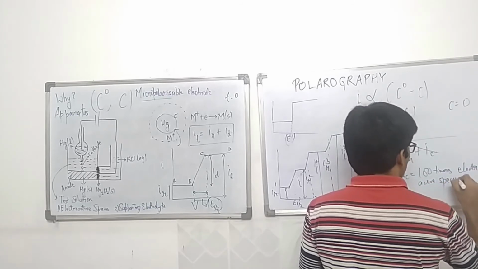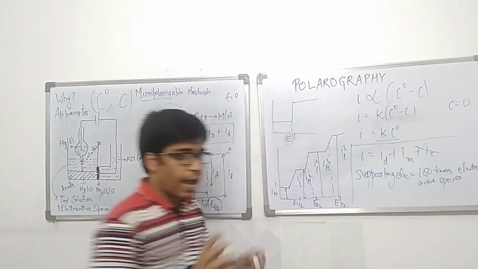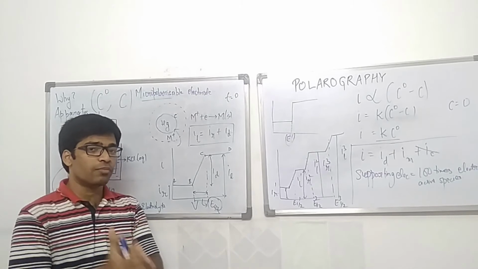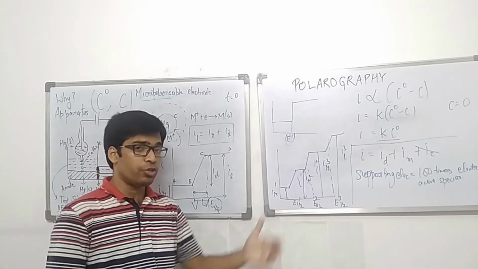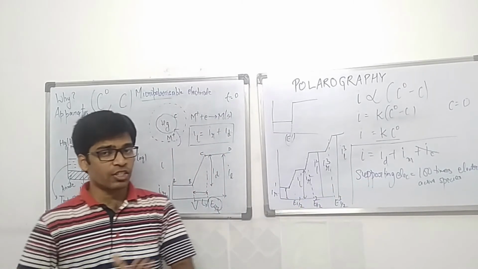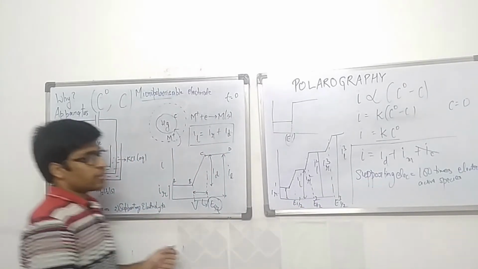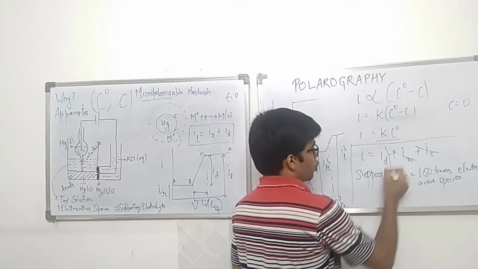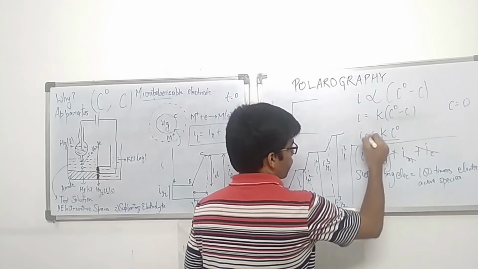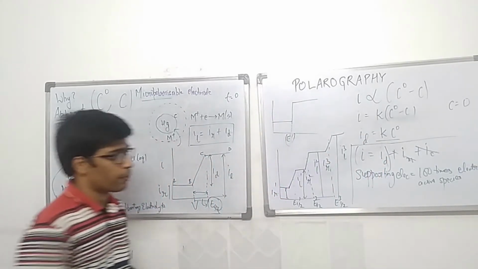And why is that? So that the entire amount of the migration current, the entire current which is generated by the movement of ions because of the potential, is carried by the supporting electrolyte and not by the electroactive species. So again, this problem is sorted out, and you are only left with the current which is the diffusion current. So I can say this is the diffusion current. Okay.